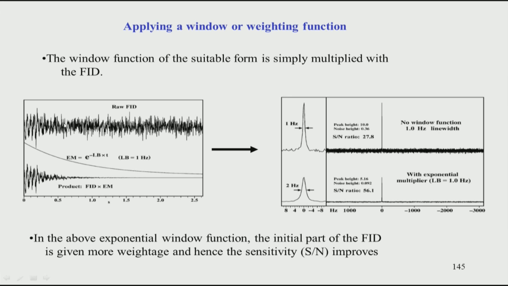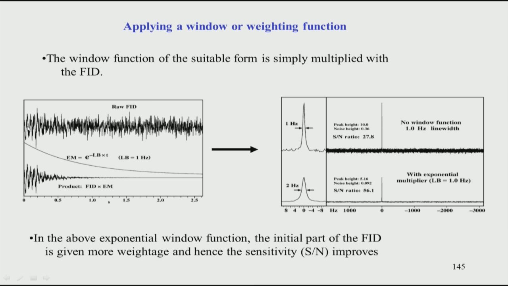The signal was not going to 0; of course, the signal is already 0 somewhere here, and all these things you are seeing are noise. This is how the noise looks. You can see the signal clearly only on this side of the FID. This part of the FID is only noise, or a little amount of signal with noise. Therefore, we do not want this portion, because if I include it in my processing, my signal to noise will go down. Why? Because only the noise is present and the signal is absent.